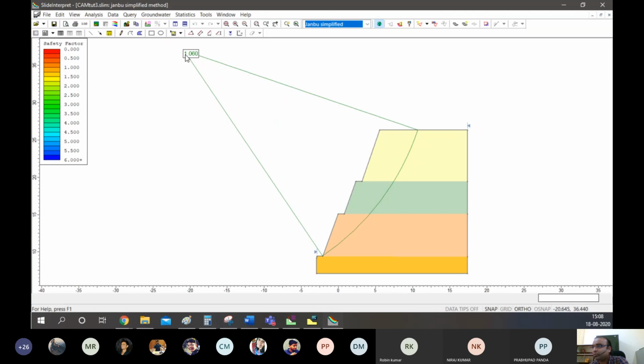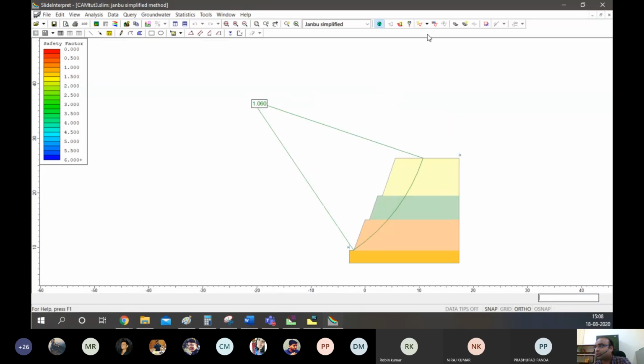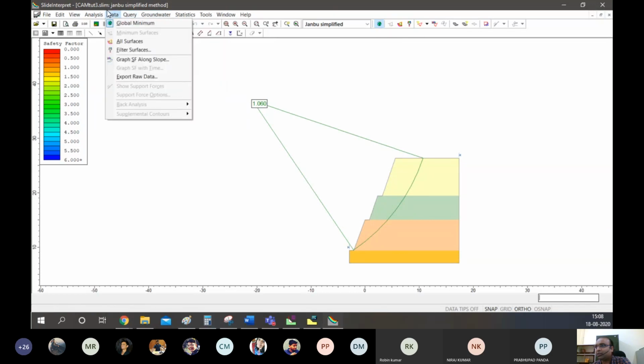So the only circle that will be visible by default will be the lowest factor of safety circle, right? That gives us the least factor of safety found on all the iterations it did. But we can actually see all the iterations it did. So for that, we basically click this button, that is all surfaces, or you can find this in data as well.